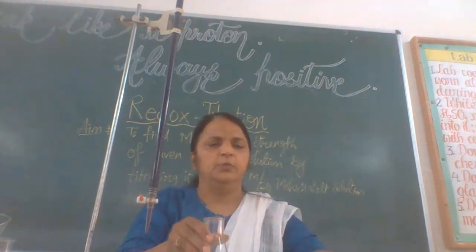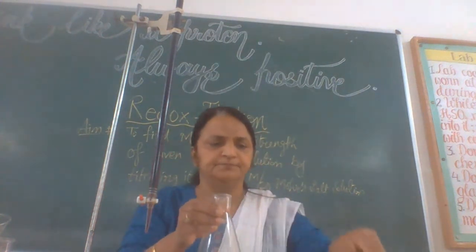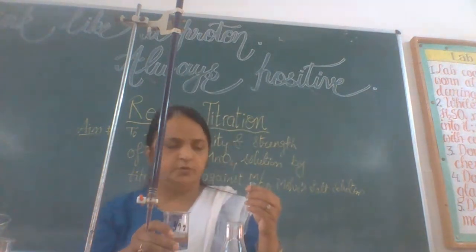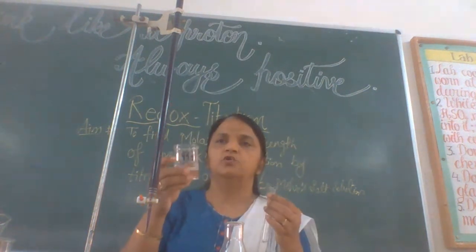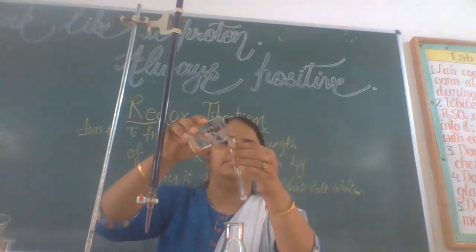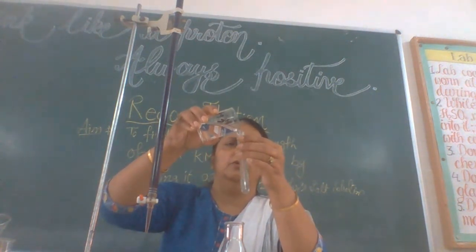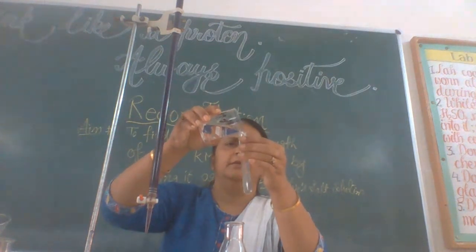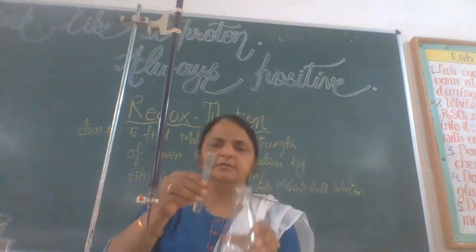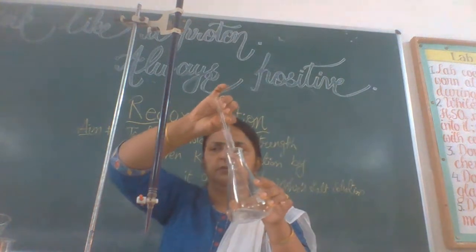Now we have taken 20 milliliters of Mohr salt solution in the titration flask. What next we'll do, because I have already told you that it is a good reducing agent in acidic medium. So we'll add some amount of sulfuric acid, approximately 20 milliliters we need to take. As the approximate volume is required, we can use a test tube, and a full test tube of dilute sulfuric acid is to be added here in this Mohr salt solution.